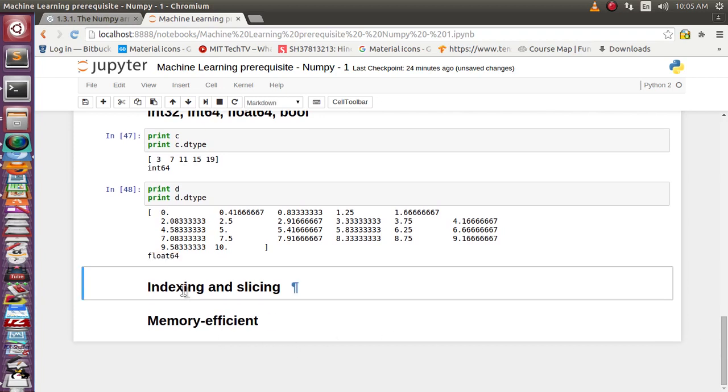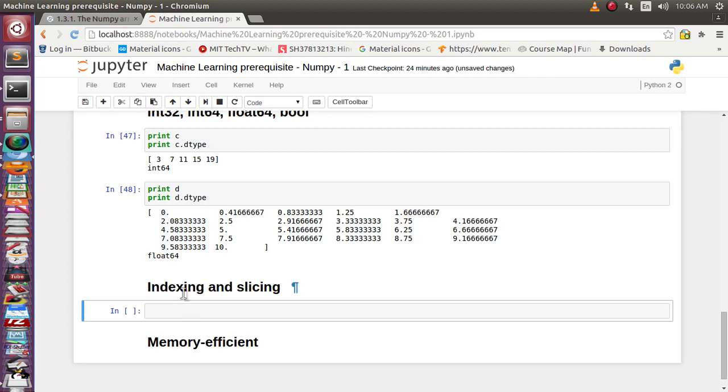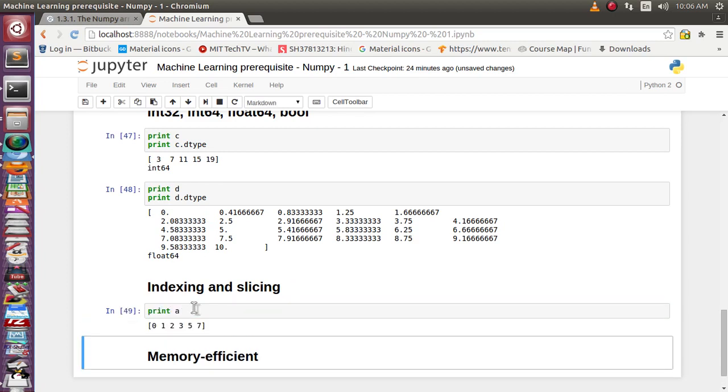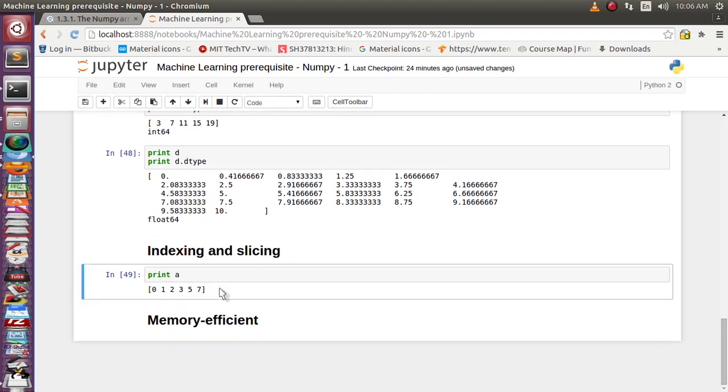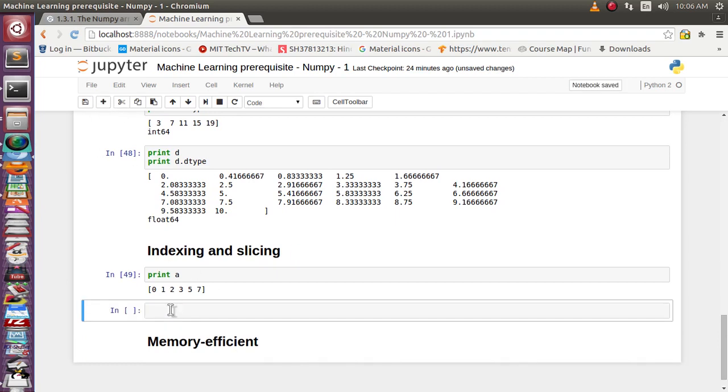Let's see how we can do indexing and slicing of elements. So we have already created a lot of arrays. Let's print array A. So A has the elements 0 1 2 3 5 7. Now suppose we want to access the fourth element.